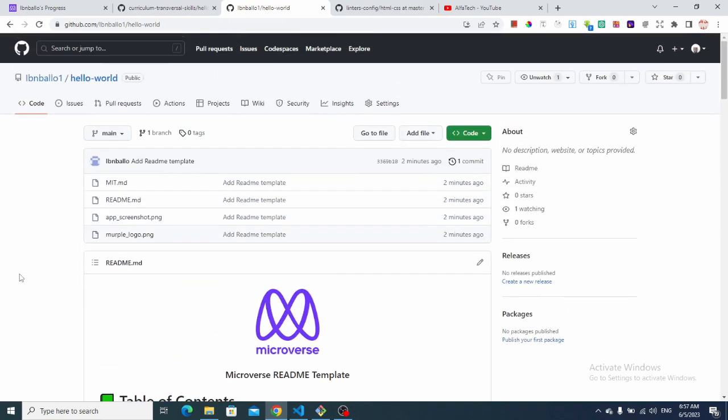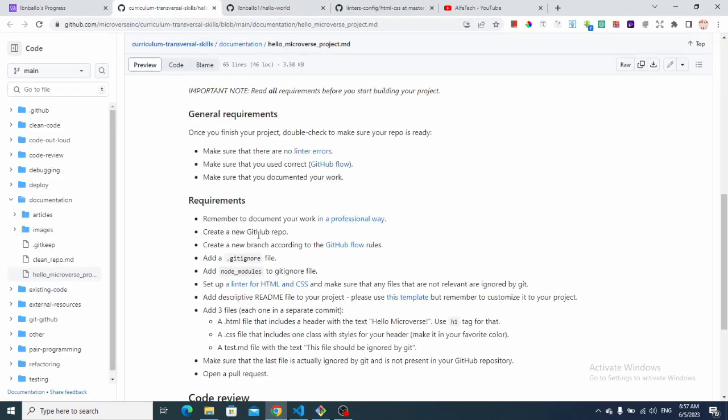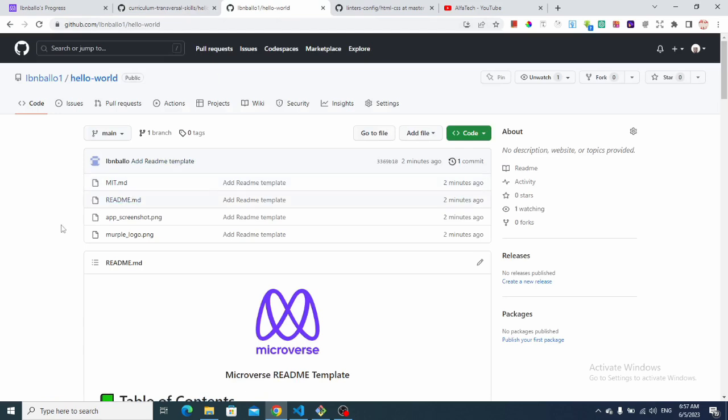Whenever you are working on your project. So now we've completed that, which is not stated in the requirement, but of course you have to do that. That's the procedure you have to take. So then the next thing we are going to do is create a new branch according to the GitHub flow. And doing that, everything we'll be doing,